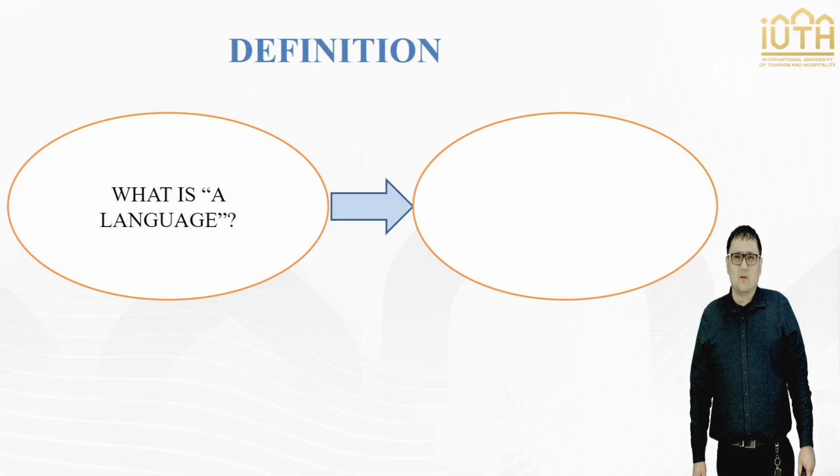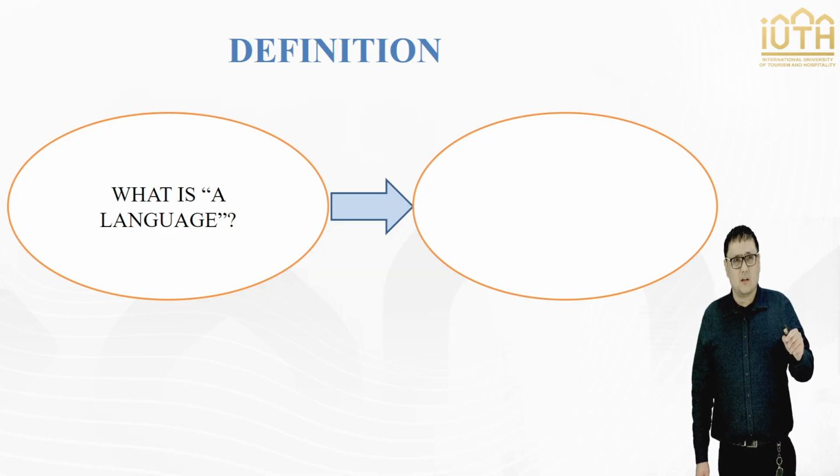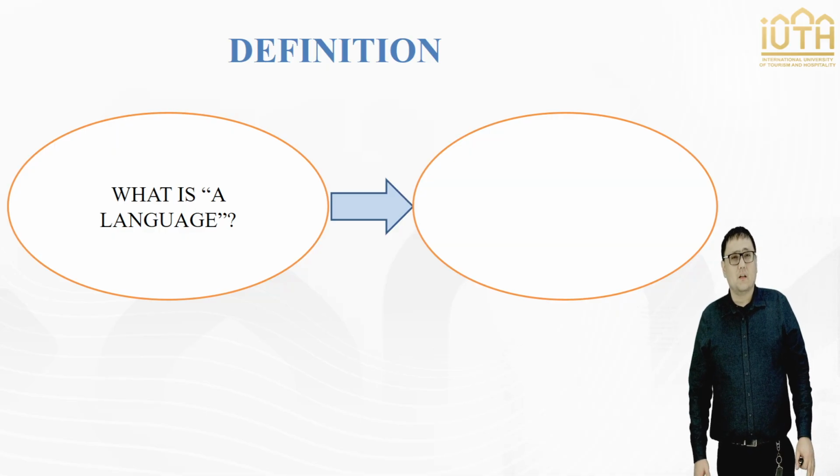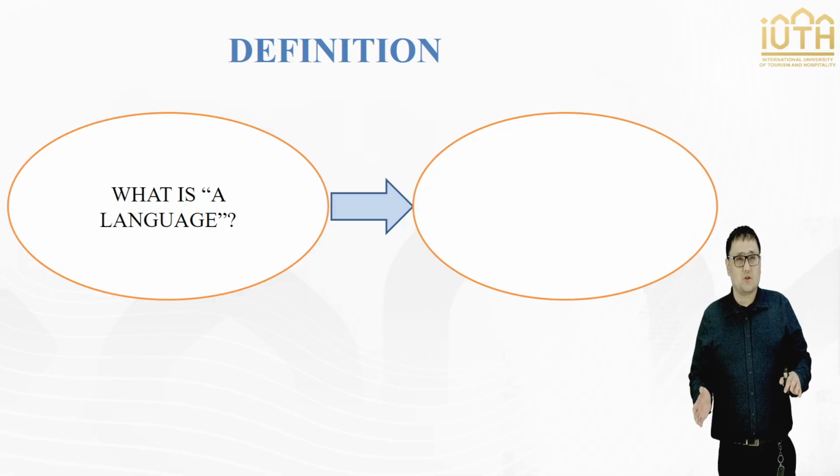Students, when you think of or hear the word language, what comes to your mind? What is a language? Can you give me the definition of a term, a language? Also, by the way, students, think about our second lesson, because there I gave you lots of information about language, that it is a kind of tool of communication, that there are 7,000 languages in the world approximately, and that the main 6 languages of international communication are English, French, Russian, Spanish, Chinese, and Arabic.